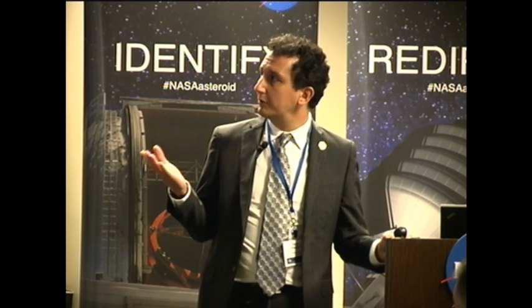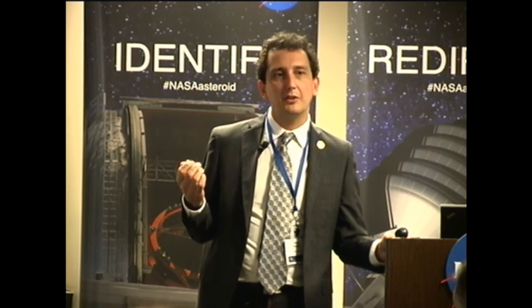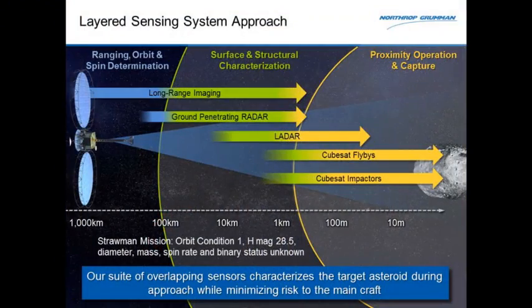And when we were looking at what sensors were useful to us and what would help us buy down the risk, we had a straw man mission. We give an orbit condition code of 1. If you know these things, that's actually knowing the orbit very well. H-mag of 28.5, that's the brightness of the object from the ground. But what we don't know about the object at all is the real diameter, the mass, the spin rate, whether there's a binary with the object or any kind of debris field. And what this series of sensors is going to do is find that information out and reduce the risk to